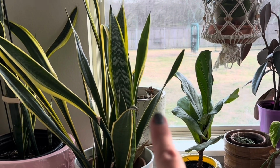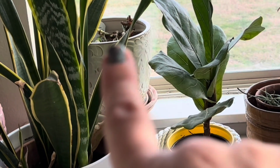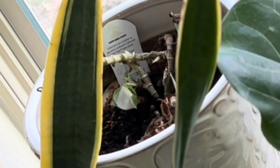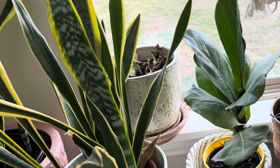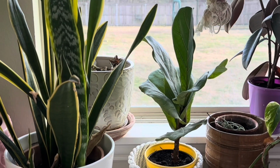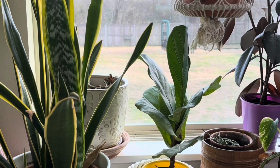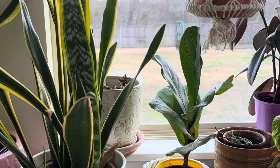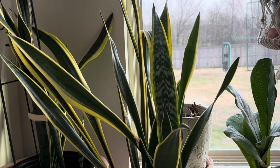Anyhow, I've also got another one, that one's an Enjoy pothos that I'm trying desperately to bring back from the brink of death. You can see there's nothing but one little speck of a leaf poking out of there. The fiddly fig is pretty happy, but I don't know how long I'm gonna be able to keep the fiddly fig happy, but it's looking pretty happy so far. Same with the rubber tree plant. I've lost a couple of the leaves here at the bottom, but so far it's hanging on for all that it can. And then I've just got these other two snake plants that I put here in front of this